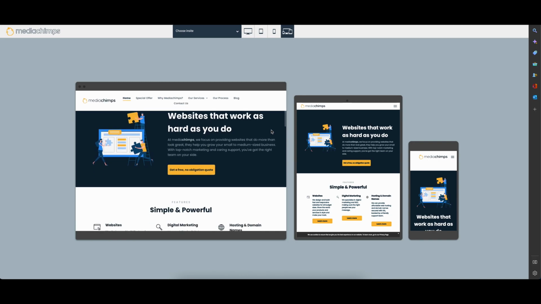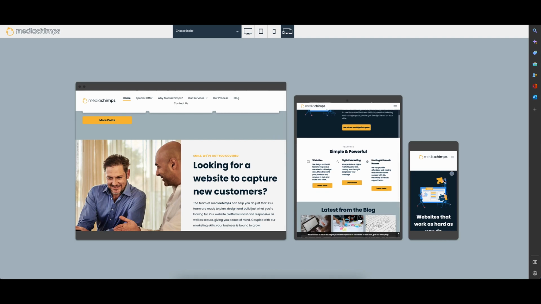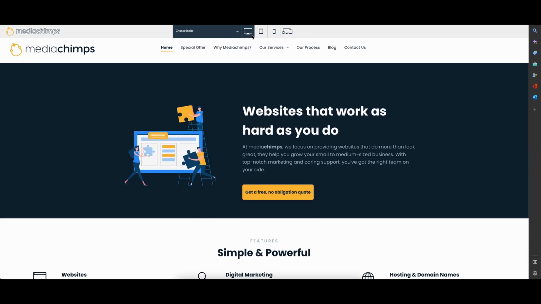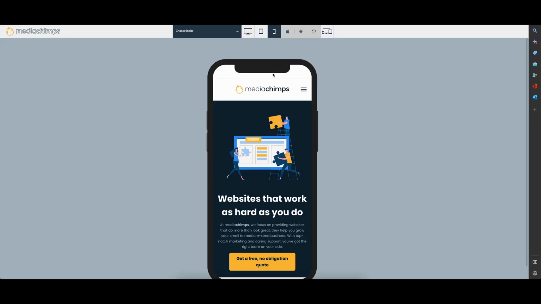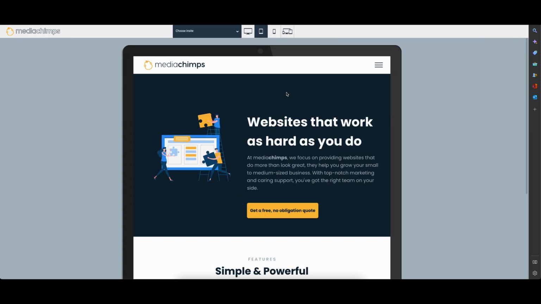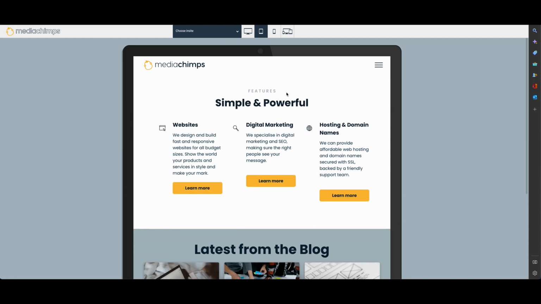When you preview the website, it shows you it on a bunch of different devices, so you can make sure that it's responsive. Of course, this view is shown on all of them, but you can click on the individuals and fully preview it like this. If you're previewing the website and you see anything that you want to change, or just anything that you're not exactly happy with, you are completely able to let us know, and the easiest way to do this is by